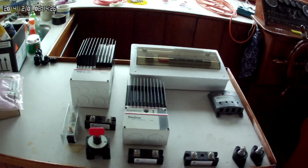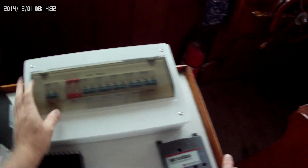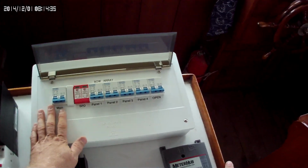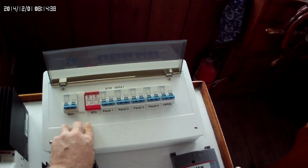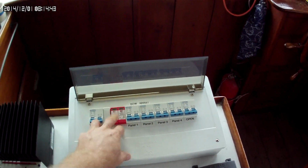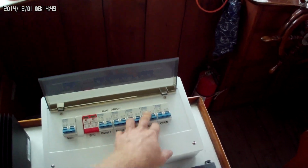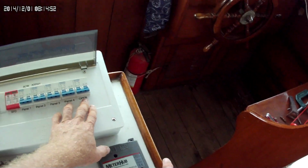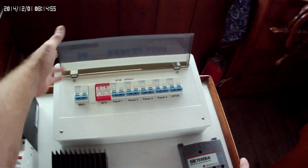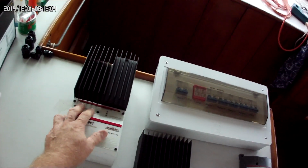So now, because I've moved along far enough, now I'm starting to plan out my gear. I've got my combiner box. Now I've made a new one. This is a brand new one I made the other day. So I've got my main 50 amp disconnect. I've got my surge protection, lightning protection. I've got 10 amp panel 1, 10 amp panel 2, 10 amp panel 3, 10 amp panel 4, and the fifth one is open currently. I could put another one in there if I wanted. Then this will come over to my TriStar MPPT controller. And then the output,